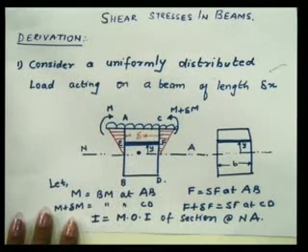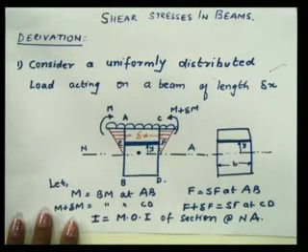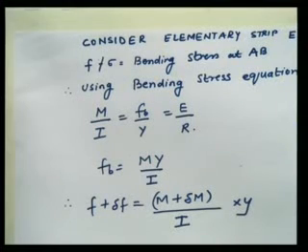We are taking a small layer EF which is lying at a distance of y with respect to the neutral axis. We all know how to locate the neutral axis. The neutral axis is located by finding out the CG of the section. The point where the centroid is obtained, the axis is called the centroidal axis as well as the neutral axis. So you can see over here we have found out the neutral axis. Now we want to find out what is the unbalanced vertical force acting. So before finding out the unbalanced vertical force, we are going to take the elementary strip which I have shown,